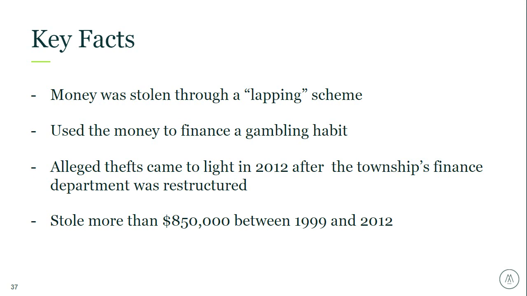So I'm now going to hand it over to Amy to run our final poll. All right, thank you. So our last polling question is, what were the missed red flags in this case? A, lack of segregation of duties. B, lack of appropriate oversight. C, the Tonkins appeared to live outside of their means. Or D, all of the above.